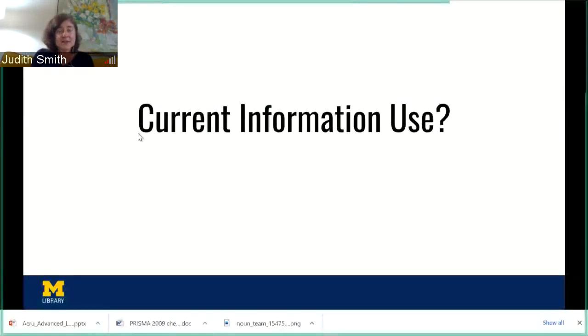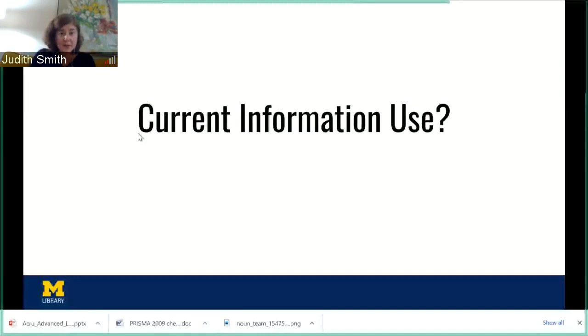And I do want to say that systematic and structured methodologies fall along a spectrum. At one end of the spectrum, you have a narrative review. You're doing a basic literature review. And then at the other end of the spectrum, you have a formal systematic review that has laid out guidelines for how you conduct those searches and manage the results and every decision along the way. But all reviews, no matter what you're working on, can be systematic in approach, even if you're not choosing a formal systematic review methodology.